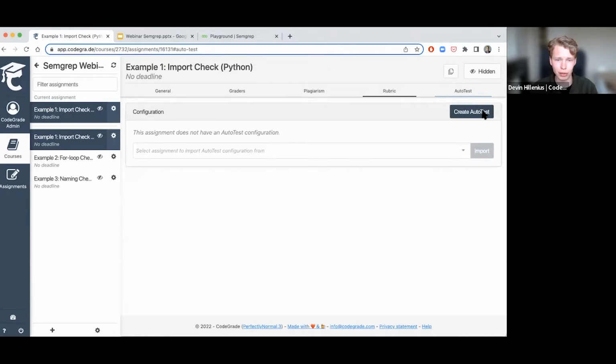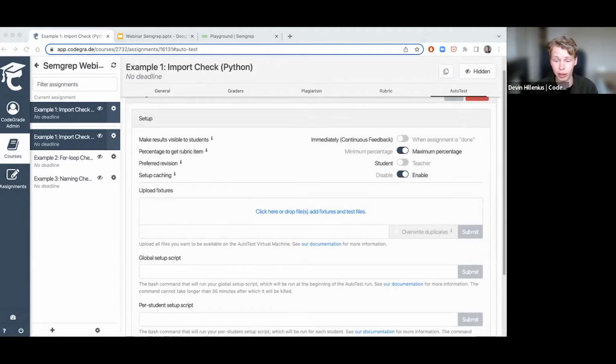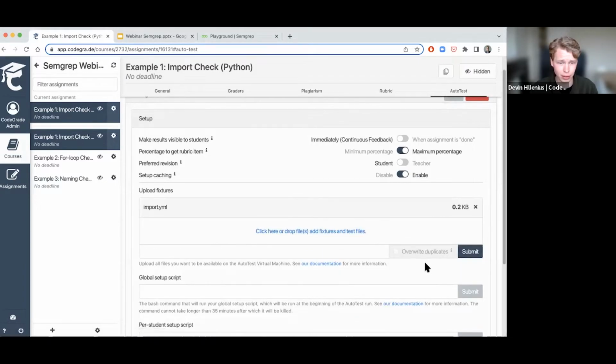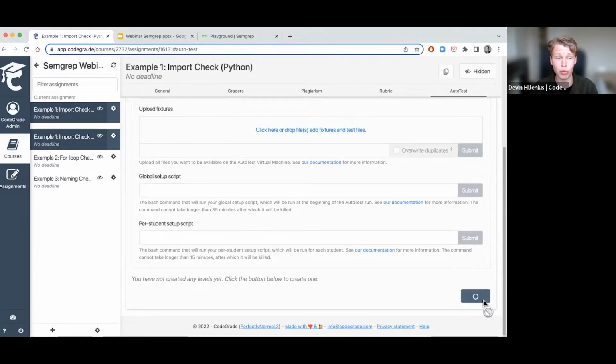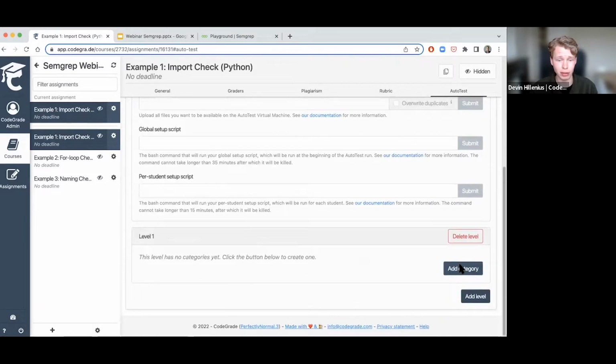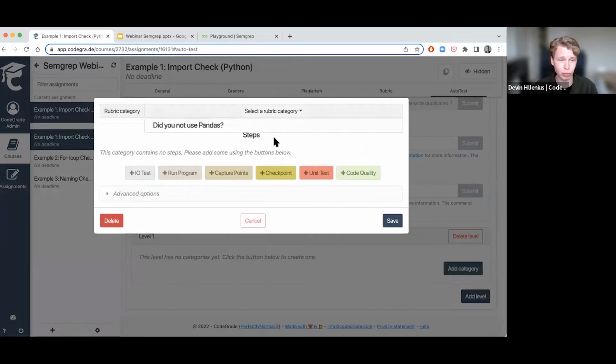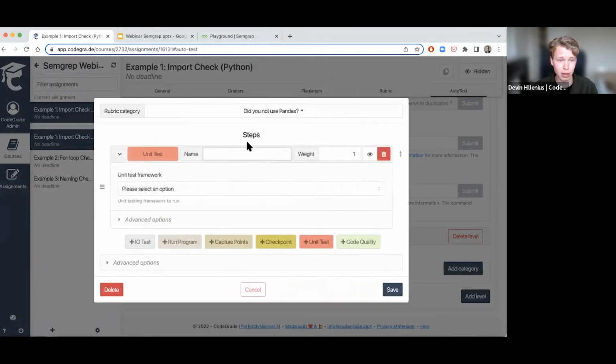So let's set up this auto test. First step is, of course, uploading the configuration file that I just created. So let me do that. Submit it as a fixture. And now we can already start creating our unit test. So we're going to the unit test step. First, of course, select the rubric. And then let's just call this